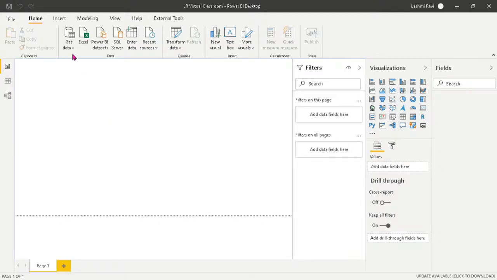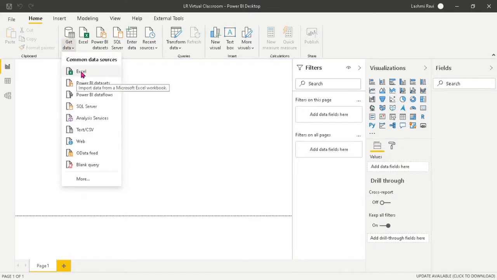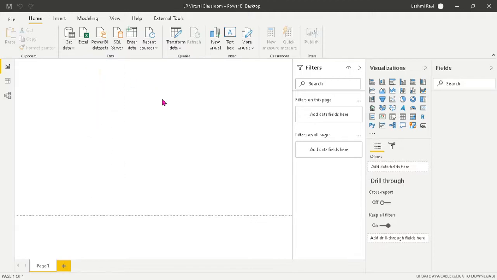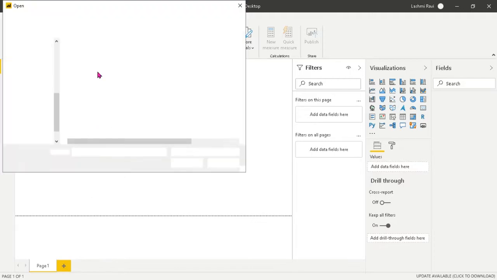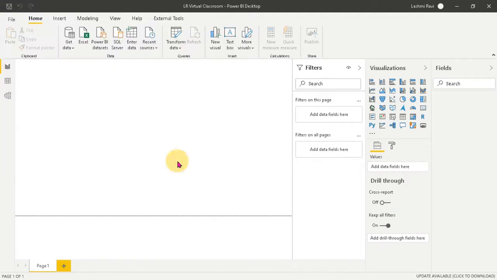In my Power BI Desktop, I'm going to show you how to load a simple Excel file. When I go to Home, Get Data, I have the commonly used data sources. Under More, it will give you more options to select from multiple sources. Let me go in for my Excel file. I'm going to select a file here. It's going to establish the connection and have all the rows loaded into my Power BI Desktop.